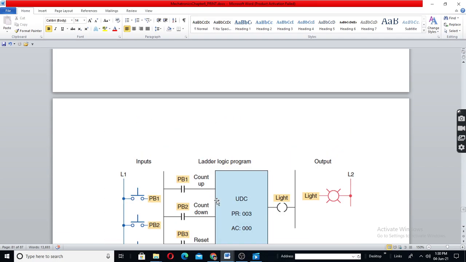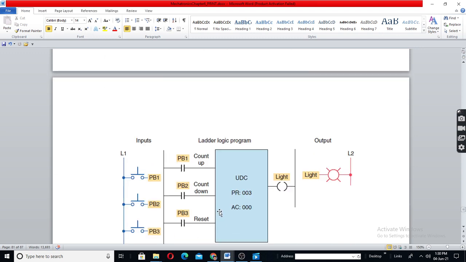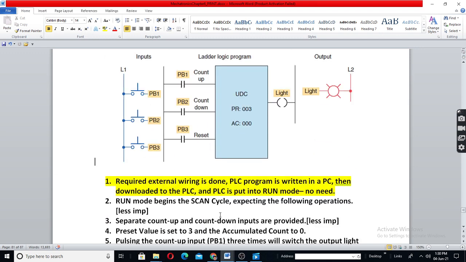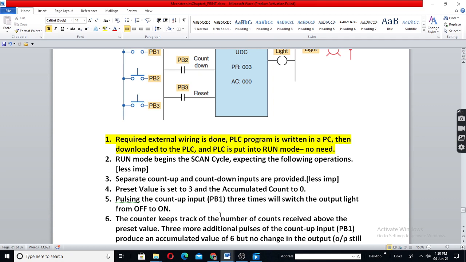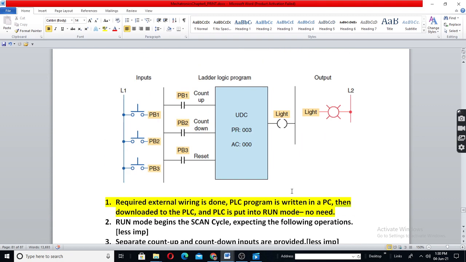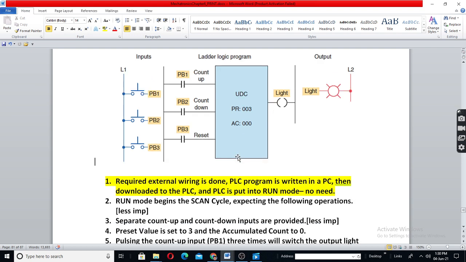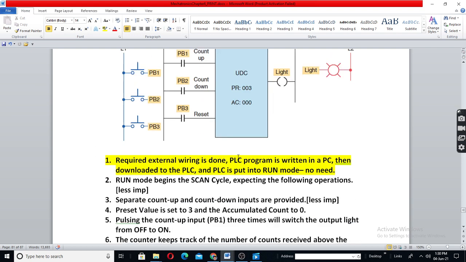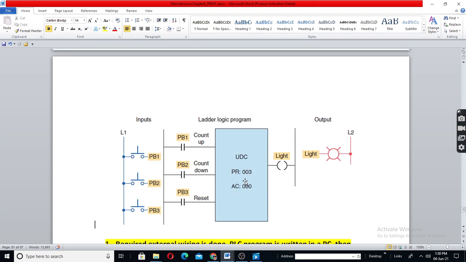I'll write the question later. The point is, this preset is three. Switch to on. Okay. Preset is three.